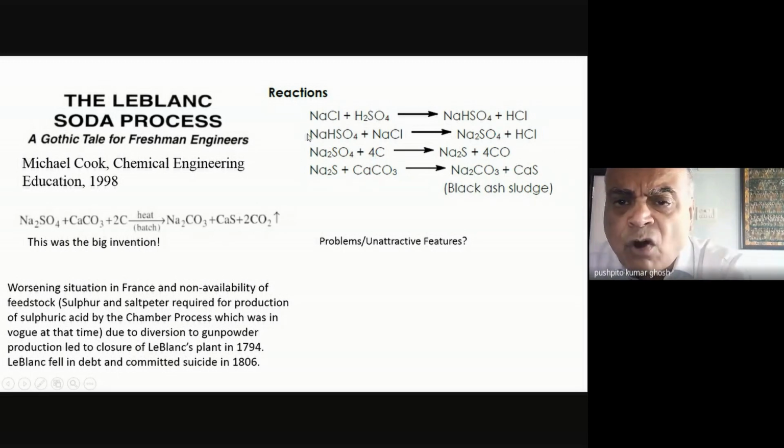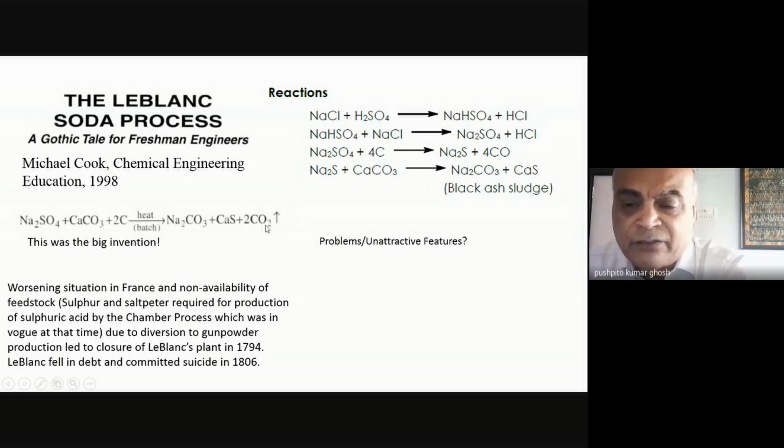This step was all known before, known by Glover. The radical innovation was this step. This is something nobody had done before. I can write it down as sodium sulfate plus calcium carbonate plus carbon giving sodium carbonate plus calcium sulfide